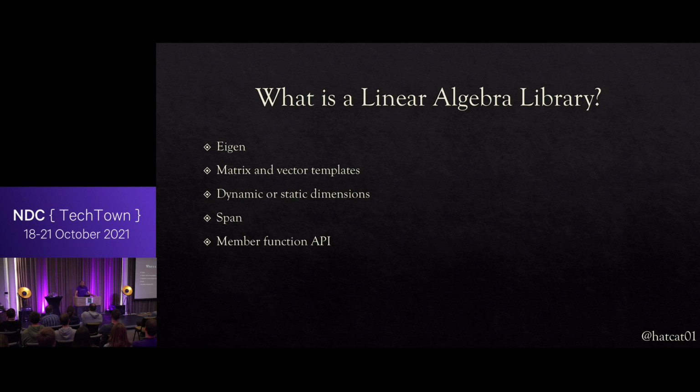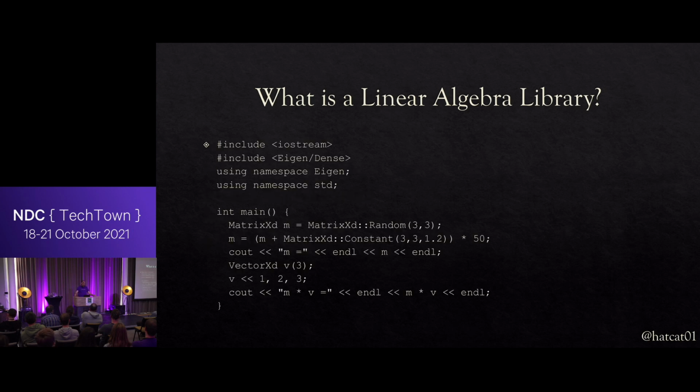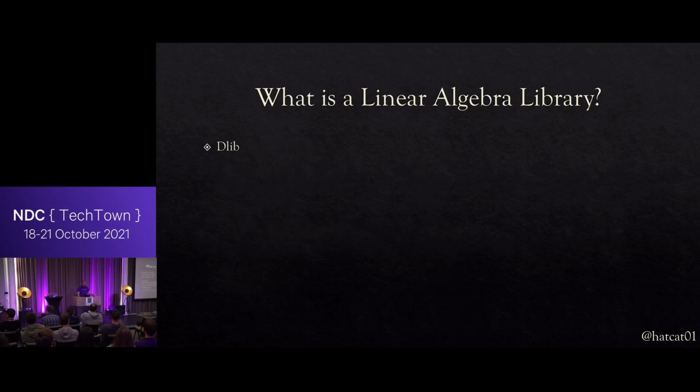I should remark that although I've mentioned inverses and determinants, these won't feature in the proposal. We're purely defining the matrix type and the infix operators. People can layer additional proposals on top of this. The scope for linear algebra, as I said at the outset, is huge, and we had to effect a great scope retreat. So it's just the matrix class and the infix operators. Here's some sample code. This is Eigen sample code. I particularly like the initialization of the vector at the bottom, using the chevron operator and commas.